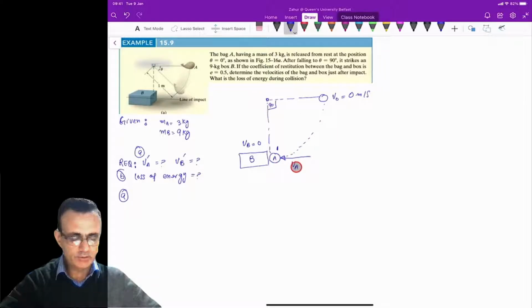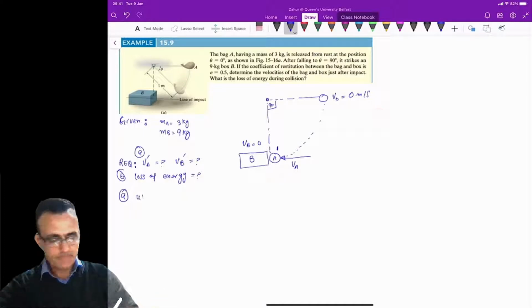Okay, so if we start with part A, the first thing that we need to do is to calculate VA. So VA is the velocity of particle A just before impact. That is, the body is moved from this position 0 to position 1 here, which is the position of particle A just before impact. To calculate VA, you can either use the basic equation of motion, or you can just apply the work and energy equation, which I believe is straightforward to apply. So if we use the work and energy equation,